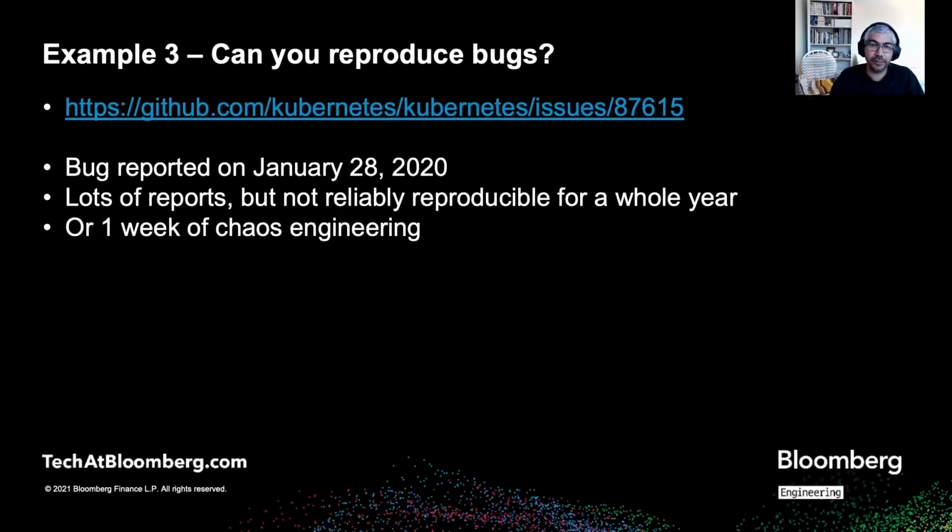So the third example, this is a very interesting example. It's really dealing with this Kubernetes bug, but I'll try to tell you the story of how we came across this. So we were running Kubernetes version 1.15. And we decided to upgrade to, I believe, 1.16 and 1.17.